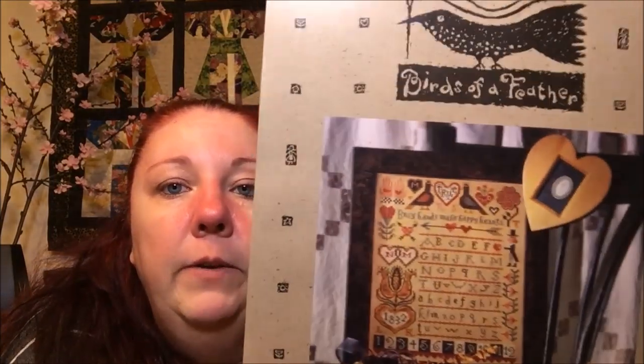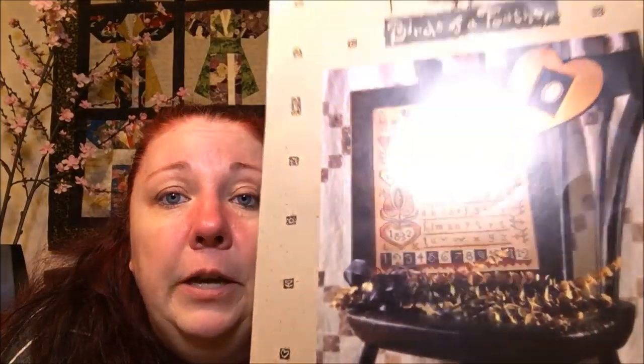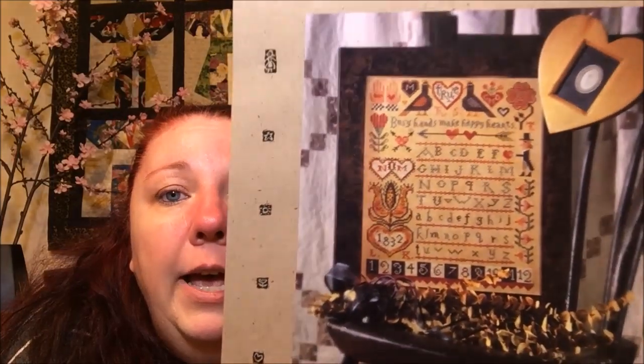And then during the retreat, well, let me back up. A very, very sweet stitcher, Amy Baroud, stitched this and recently finished it, Birds of a Feather, Happy Heart sampler. And this is a sampler that I've been in love with forever, since the first time I saw it, which I think was when Siobhan stitched it a million years ago. I just love this. And it's one of those samplers that I wish that I had bought and never did and regretted it. And I so enjoyed watching Amy's progress on this